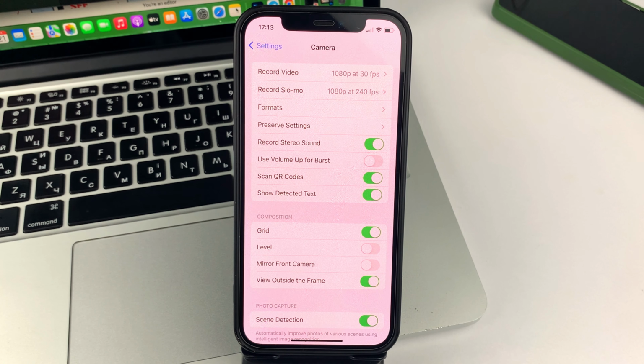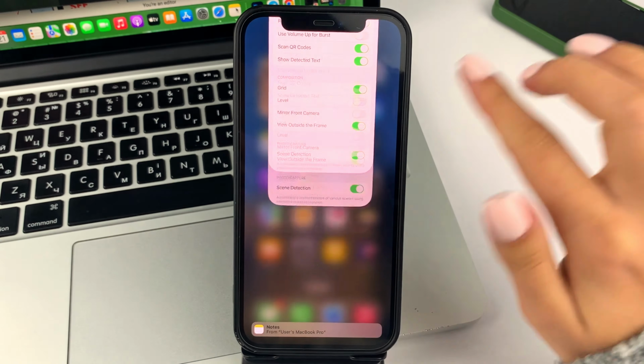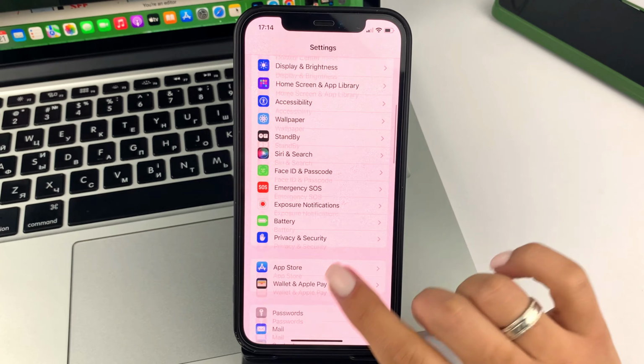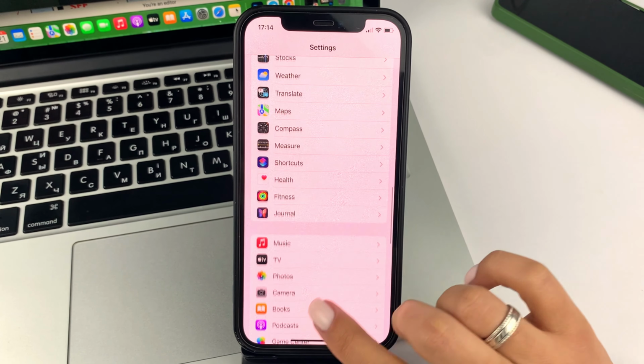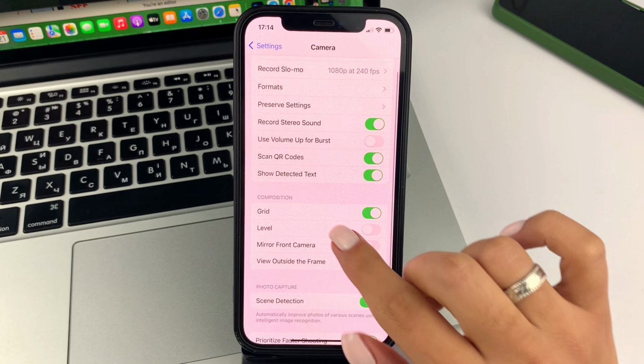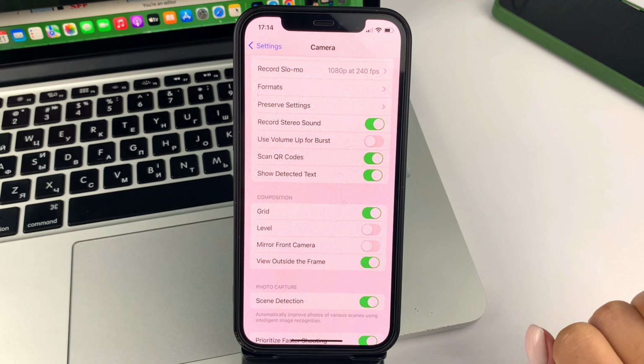And dear friends, let us get down to the topic. First of all, you will need to open the phone settings on your iPhone. After that, scroll down and select the option called Camera. Here you will need to find this section.